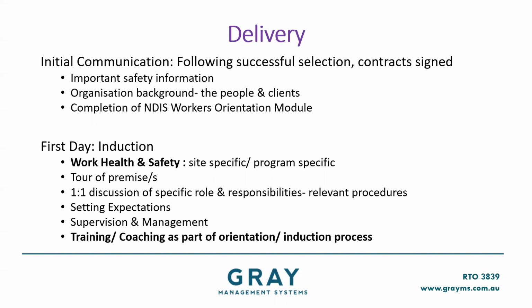Work health and safety is a huge area. It's like the number one thing that providers and we must do. There's legislation, there's law that says that we absolutely have to maintain a safe workplace. We all know that. So there are many things that are going to be specific, which will depend on sites,